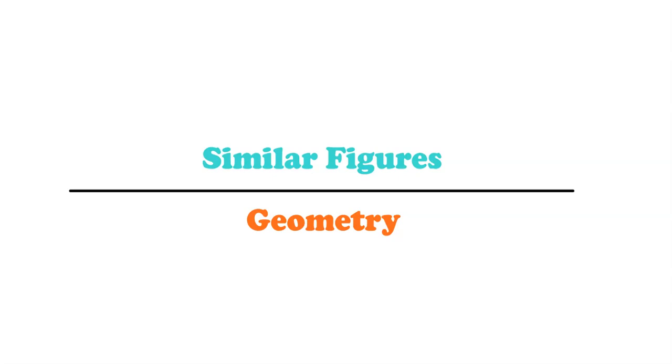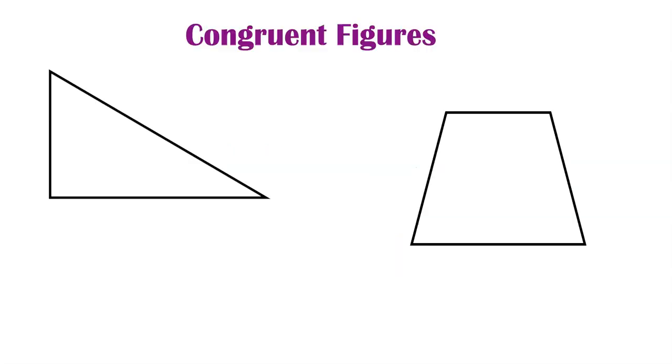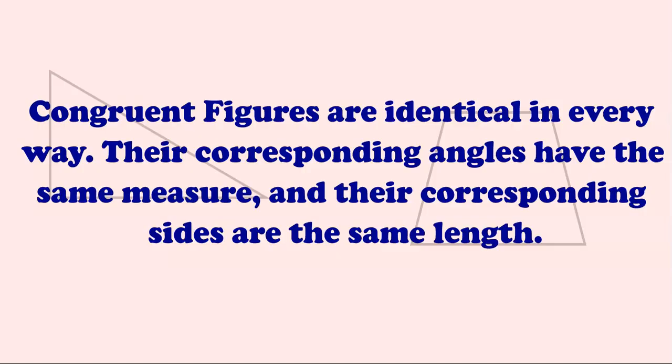So this video extends the idea of congruent figures into what we call similar figures. Now, going back to what we have talked about with congruent figures, we've seen congruent figures in a number of different contexts, and the way that we have talked about congruent figures is that they are identical in every way. Their corresponding angles have the same measure, and their corresponding sides have the same length. That is, every component of one figure that is congruent to another is congruent to the corresponding part of the